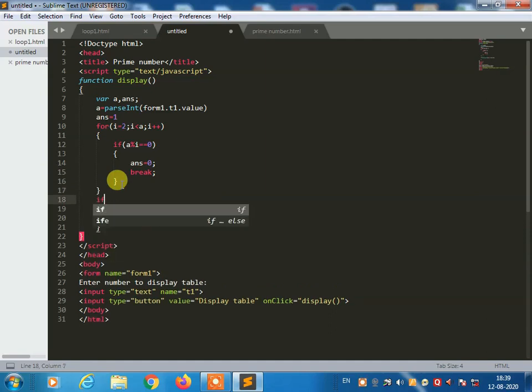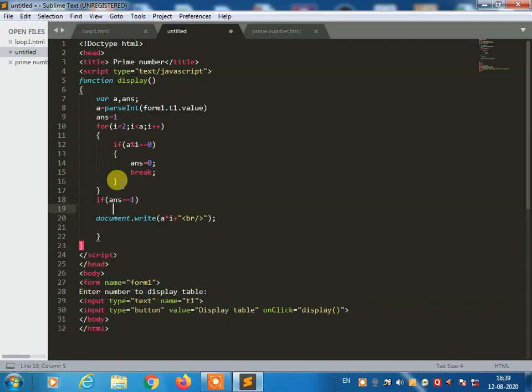Once again use the curly bracket, and use an if statement: if answer equal 1, then you are going to use the function document.write, or you can use another function, maybe the alert function also.